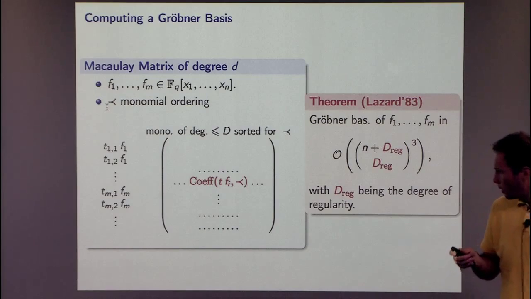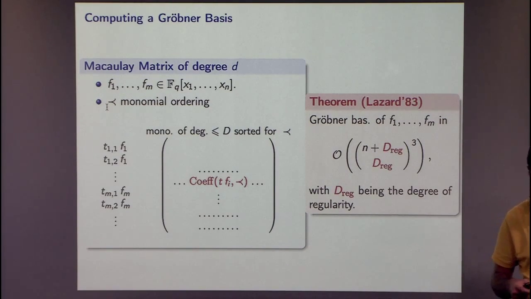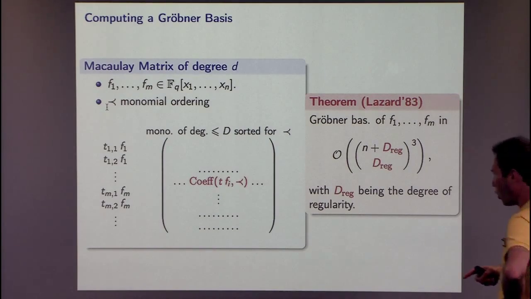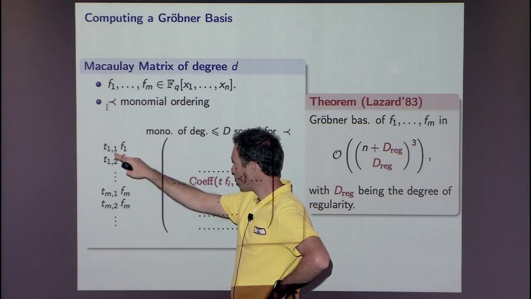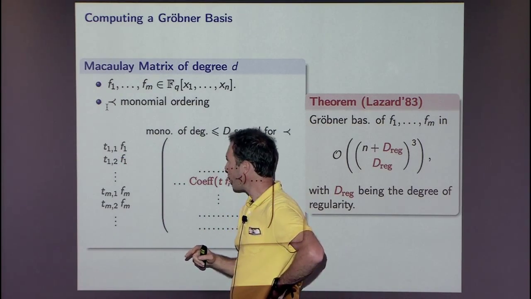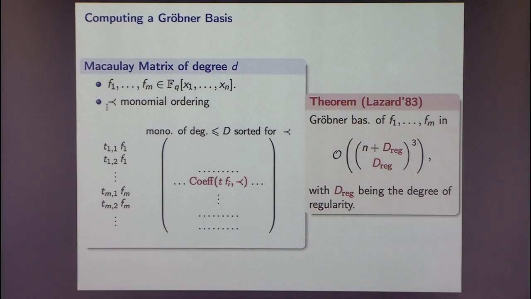So f_i are the generators of your ideal, and you will consider multiples of your polynomials. Here I multiply each polynomial by a term. This is going to give me a polynomial of degree d,